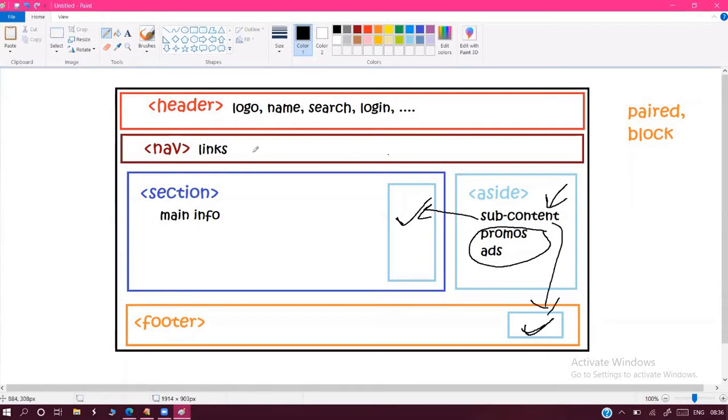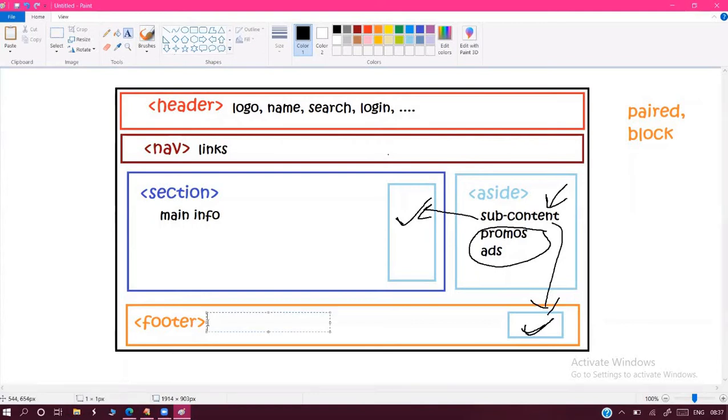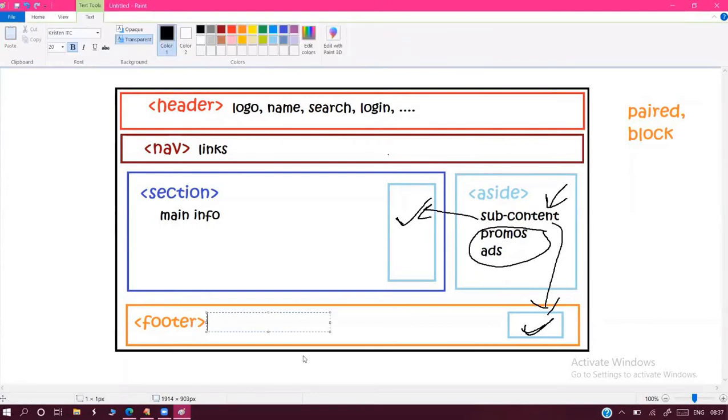Next, the footer section, for what purpose are we using it? The footer section we use for the address, contact us, contact details, mapping details, Google Maps showing in that one. Next, FAQs related to your company or your product, mail IDs, social media links, Facebook link, Twitter link.